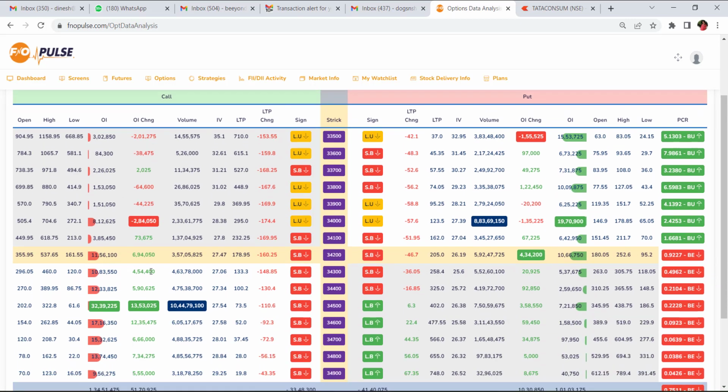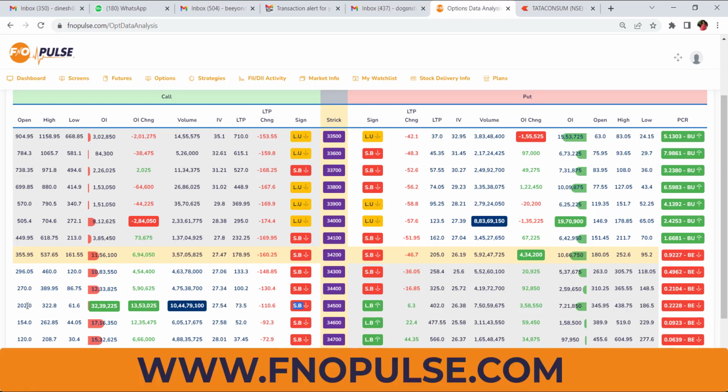So today morning at 34,500, this was open around 202. It went high up to 322. That means the long build up formed in the morning. When the market started going downside, it becomes short build up. So here are the volume change and OA change, the percentages are showing very clear values. So we are entering this value, and if you easily book 40 points in Bank Nifty, that's good